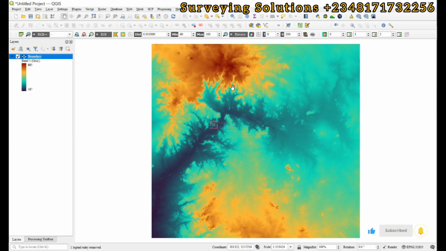So let's say we have this digital elevation model and we want to analyze to know maybe there are some areas that are prone to flood, or maybe landslide, or any other phenomena that we want to study. But let's say we want to use flood as the instance on today's tutorial. So most times it's always in the lower regions, right? Good. And then if you look at our digital elevation model based on the color scheme,